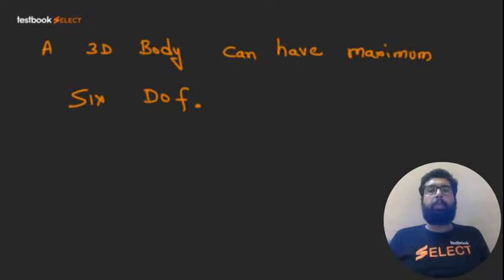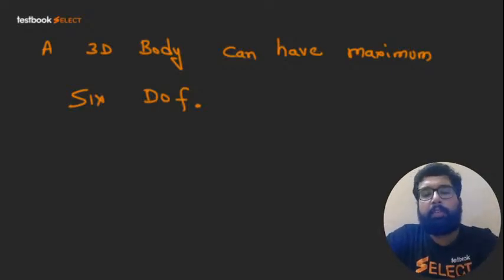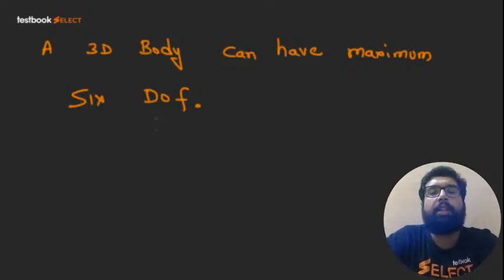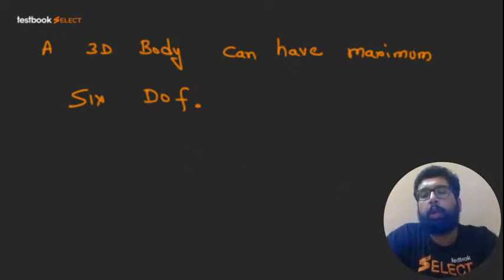We need to cut down some of our freedoms. That is how we are going to approach this subject. We are going to restrict some of the degrees of freedom so that we can make some use out of it. So our 3D body, when having 6 degrees of freedom, is of no use. So what we are going to do, in 3 dimensions,